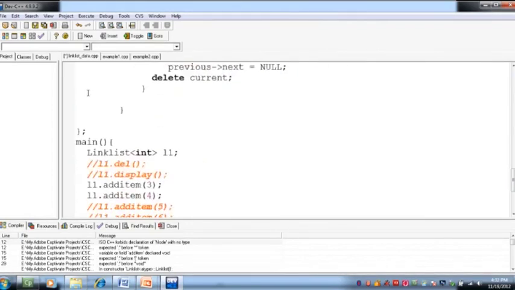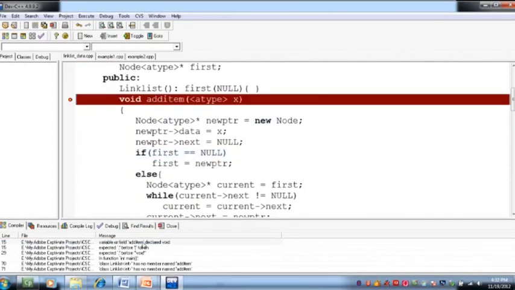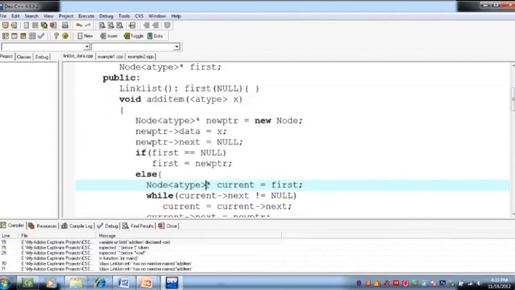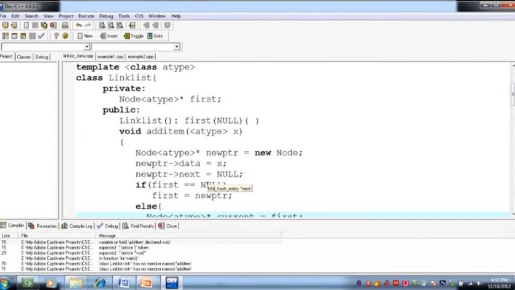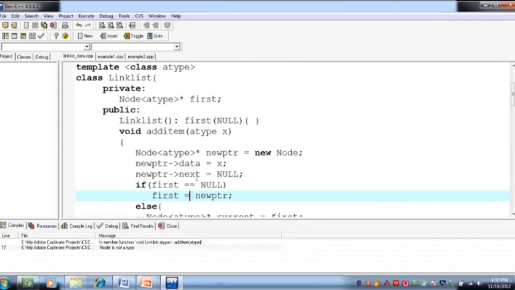Okay, I'll compile it again. Variable feed. There's no need for the angle bracket over here. Okay, so we have to create